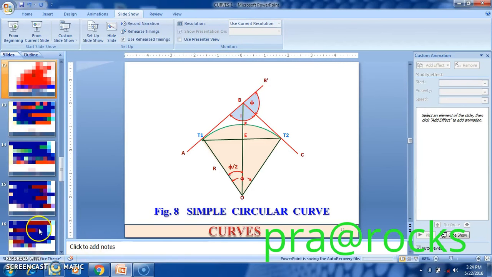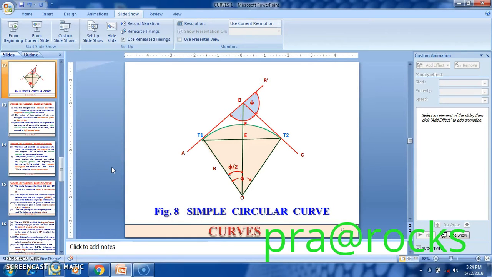While explaining the simple circular curve, in this figure you can see the straight lines AB as well as BC. This AB is the first tangent, or it can also be termed the rear tangent, and the second tangent BC may be termed the forward tangent. Then the point of intersection of these two tangents, which we can also term straights of the curve,